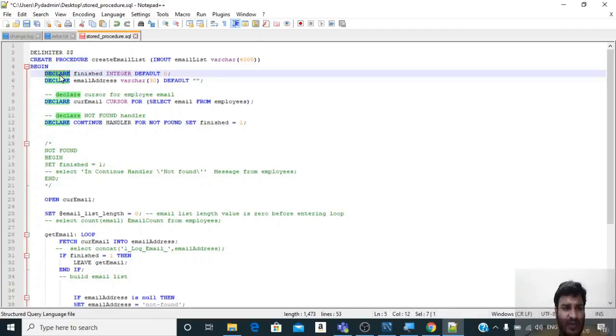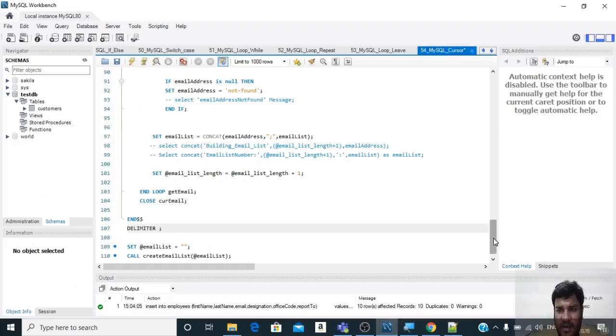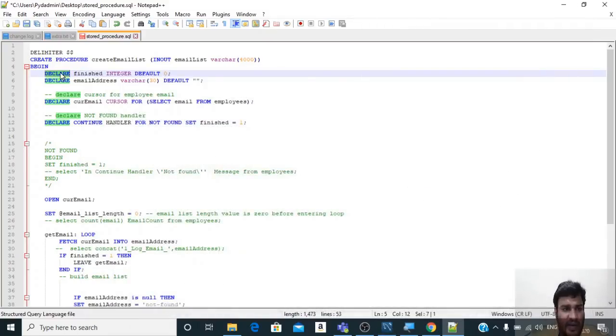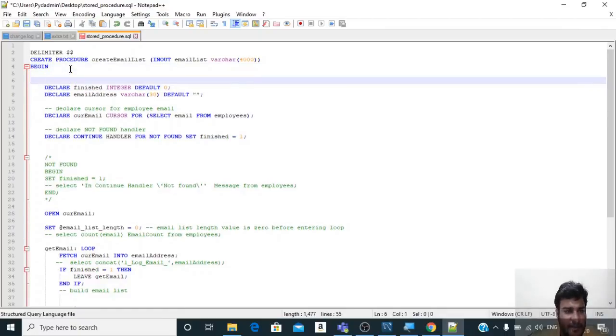This is the declare statement, which you can compare with the create statement. You can see over here we have the data type, and this is specific to the table and the column name. Again here we have the declare, then the variable name, then the data type, and then the default value. After declaring these variables, you can declare so many variables; it depends on what exactly you are implementing. For this specific case, we have declared four variables. One is finished. What is the meaning of each one of them? We will study in detail.